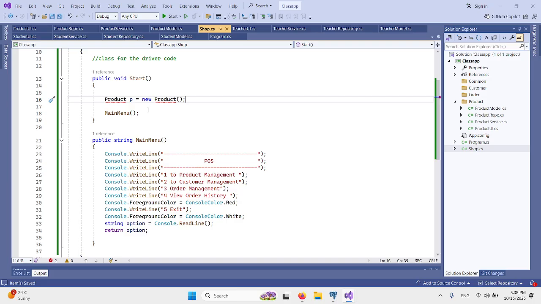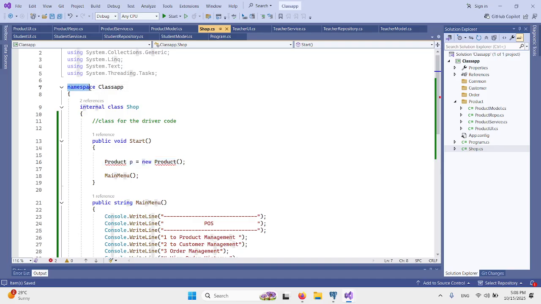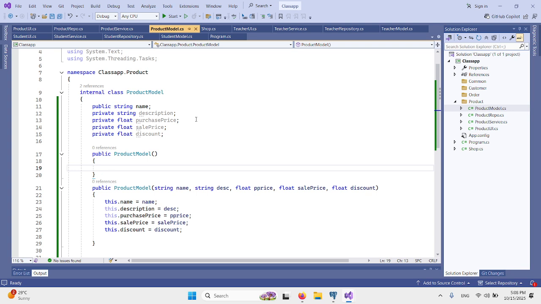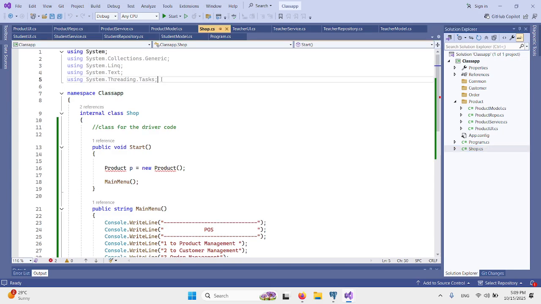Why? No, private has nothing to do with the object creation. The problem is that I am creating a product class object in shop. The namespace of the shop is class app, and the namespace of the product class is class app dot product. So if both classes belong to different namespaces, then we have to introduce the namespace here.